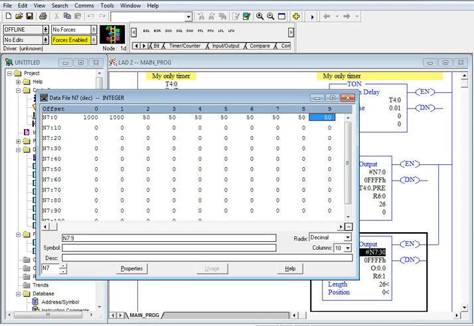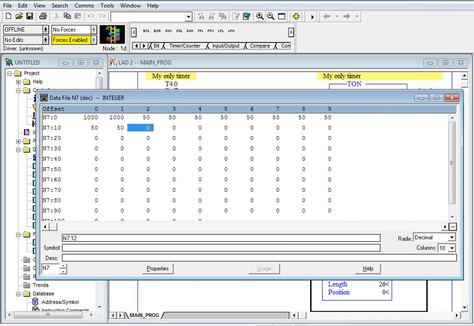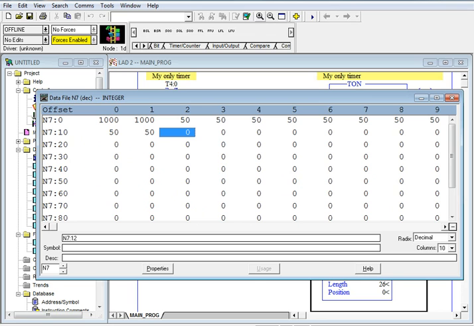Because you're not hitting the enter key every time you do, I'm doing 50, enter, then I'm using the arrow to move over. 50, enter, the arrow to move over. So I have 1, 2, 3, 4, 5, 6, 7, 8, 9, 10 of them. I have 10 of them. And then I need 500 for 5 seconds left over in the cycle. Then I need the yellow light to come on for 2 seconds, so I put in a 200. Then I start over again with 1,000 for the walk light going the other way. And then I enter 50,